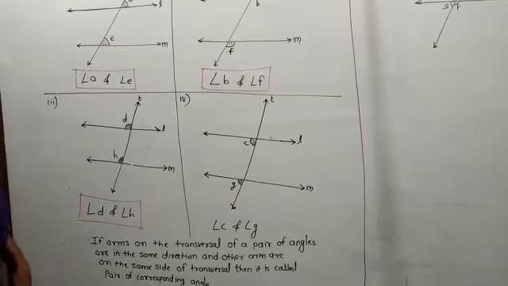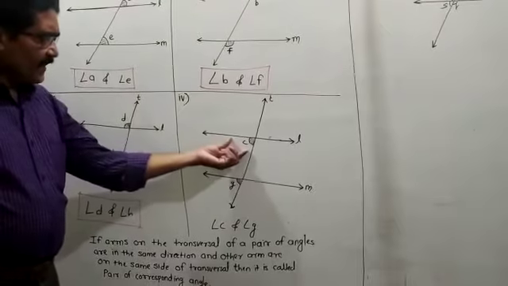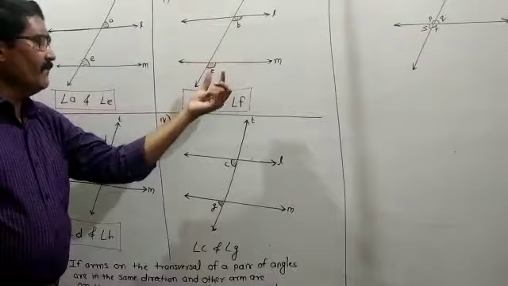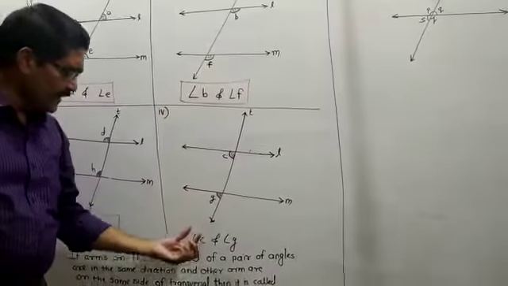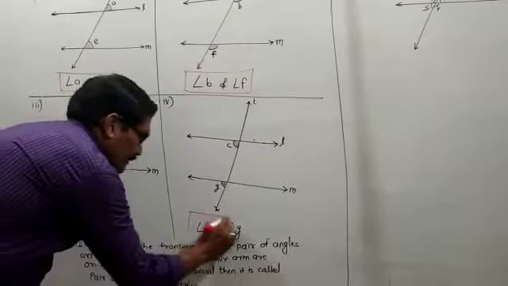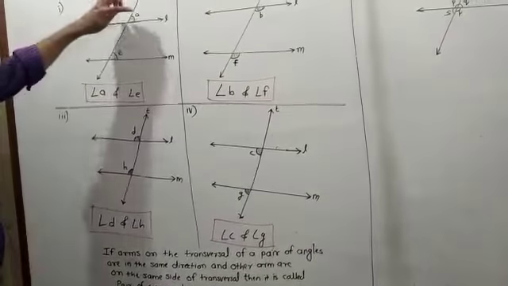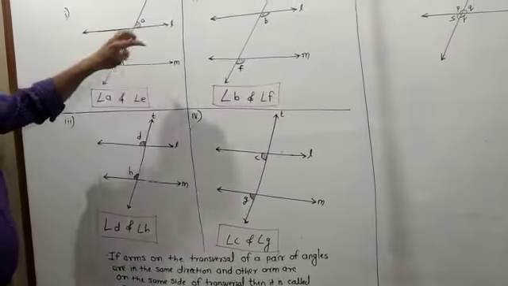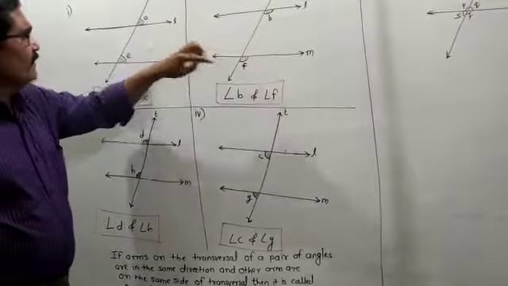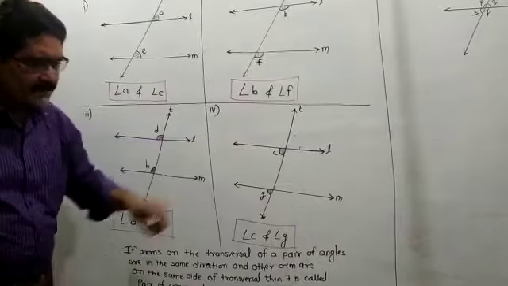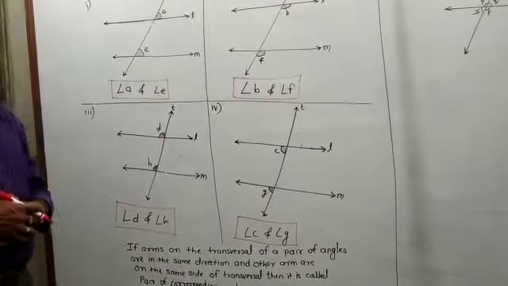Which is the second pair? This downside, angle C and angle G, like angle B and angle F, you have to say angle C and angle G is the fourth pair. This type of four pairs of angles will form. So I will say A and E, B and F, then D and H, and C and G. These are the four pairs of corresponding angles.